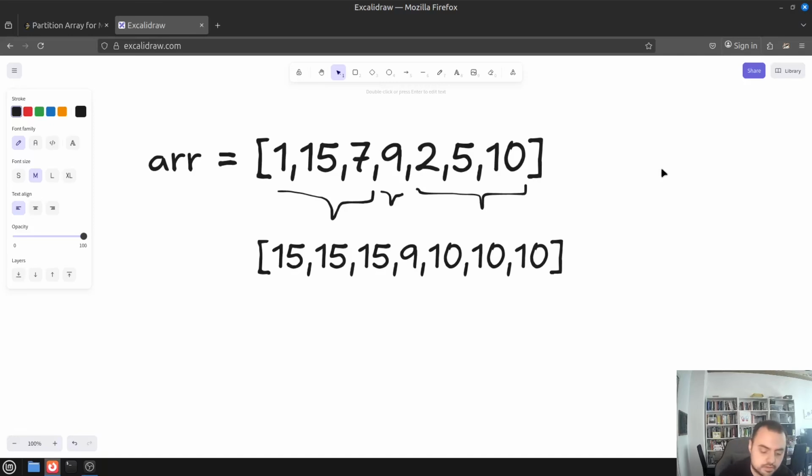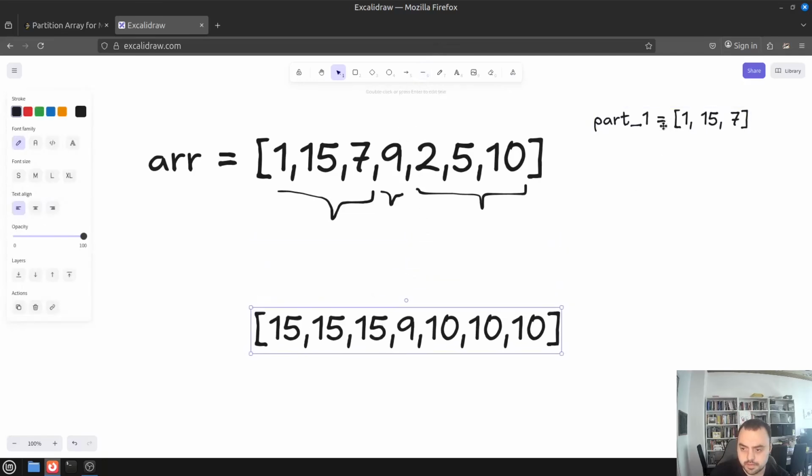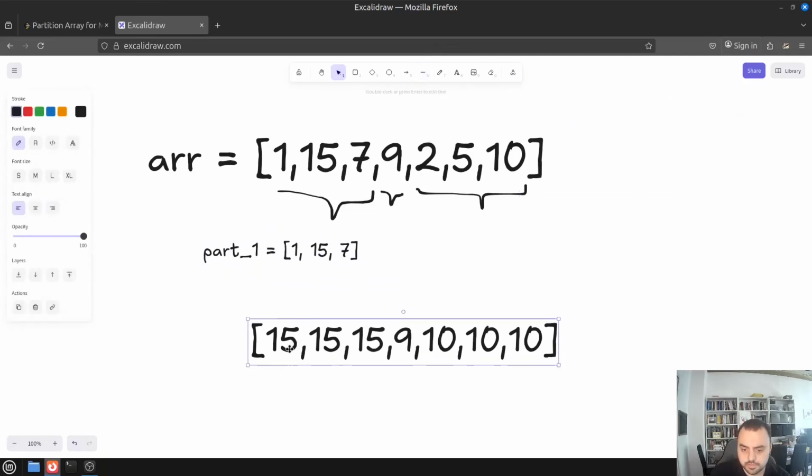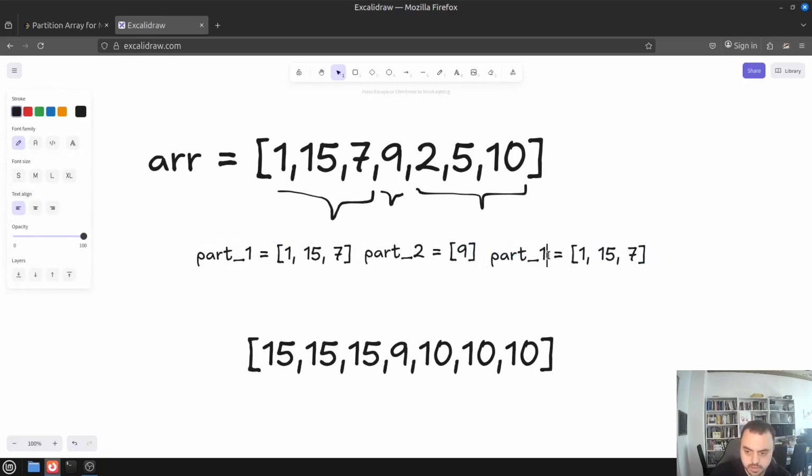The first partition, partition 1, is originally 1, 15, and 7. And here is the second partition. Partition 2 is just 9. And partition 3 is